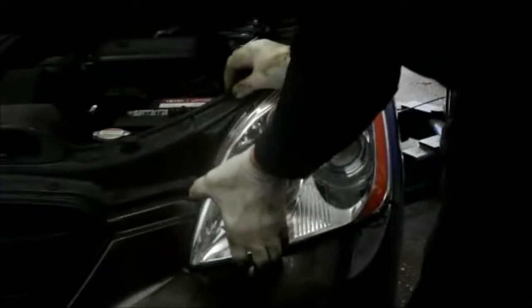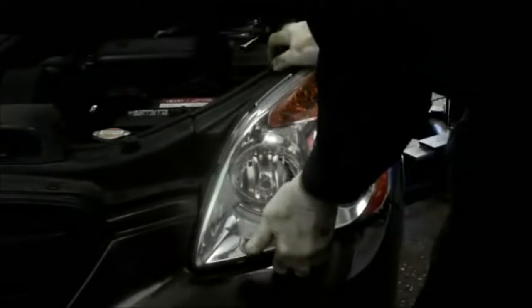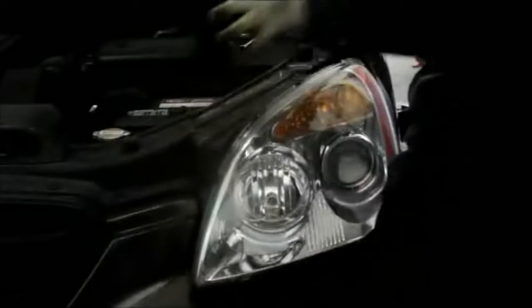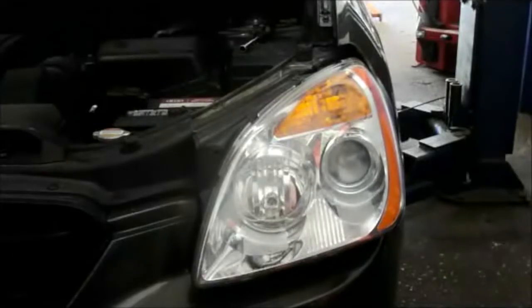And then you just grab the light and you just rock it. It pulls out. And I just want to show you this real quick in the back here. Okay. Now, what we need to do is, once you pull the light forward,